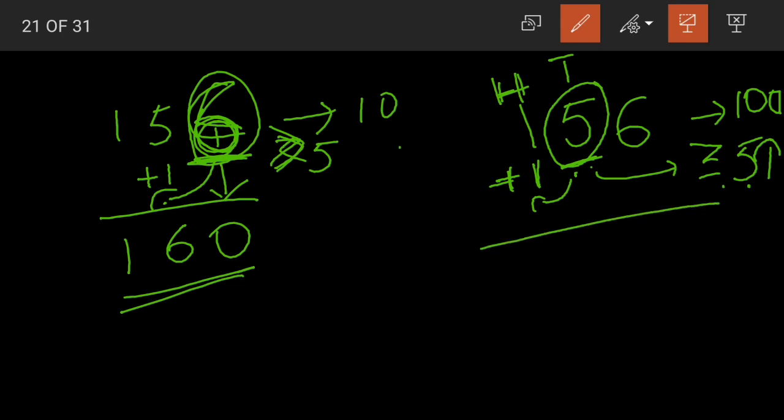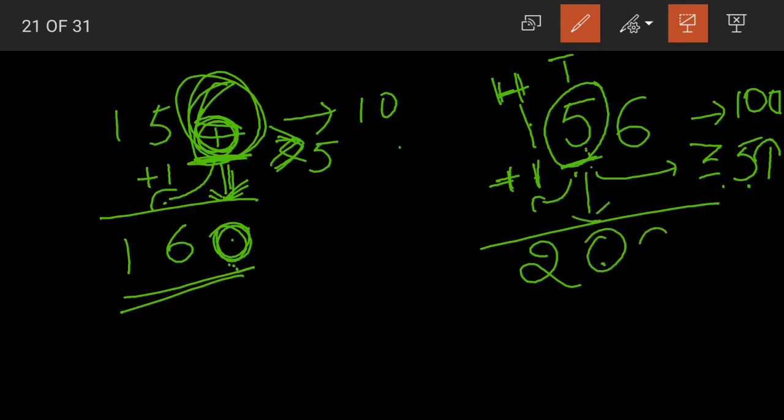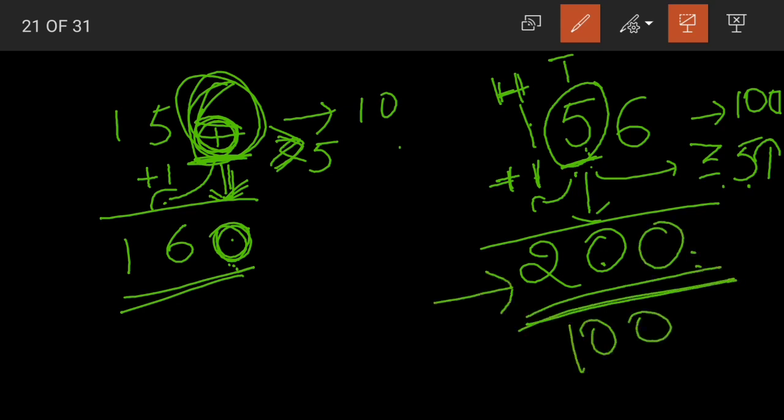Now what will the answer be? 1 plus 1 becomes 2. Again, what did we do here? We replaced the digit in the ones place with 0. We were considering the ones place digit, so we replaced it with 0. Here we are considering the digit in the tens place. We'll replace it with 0 and the other number also with 0. The answer becomes 200. It is a multiple of 100, right? 100 twos are 200. Understood, students?